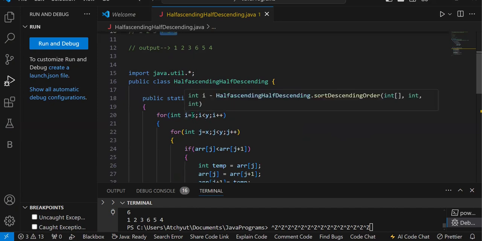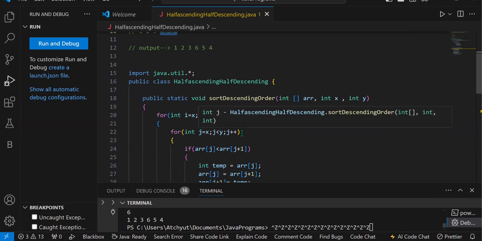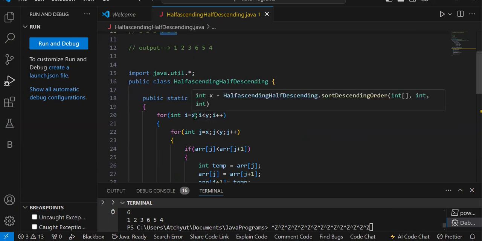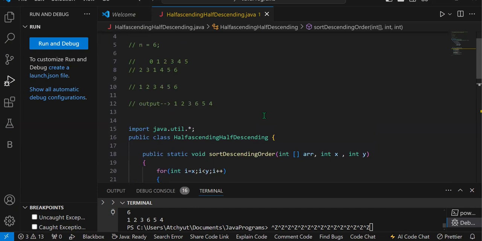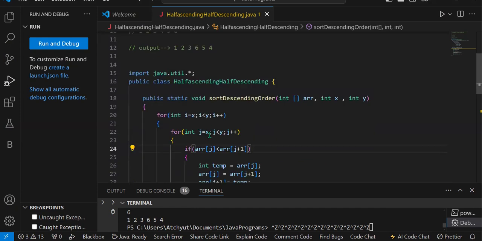So each time one element will be compared to the rest of the elements in the array, right? This j element will compare with the rest of the elements in the array, right? I hope you understand. So why have I written the nested loop here? The current element you have to compare with the rest of the elements in the array, and based upon that you have to swap it,